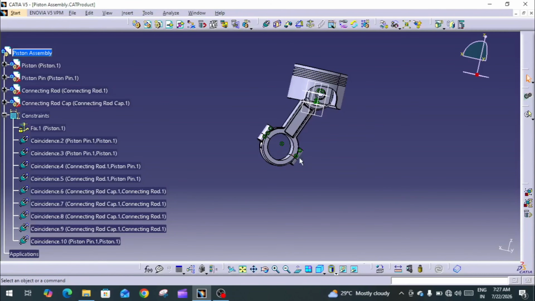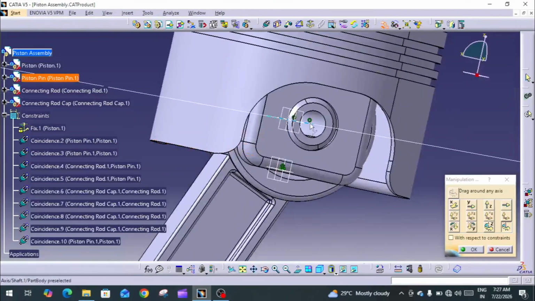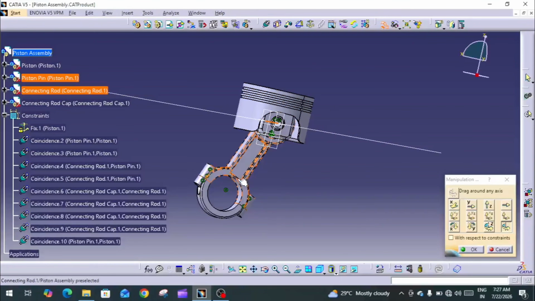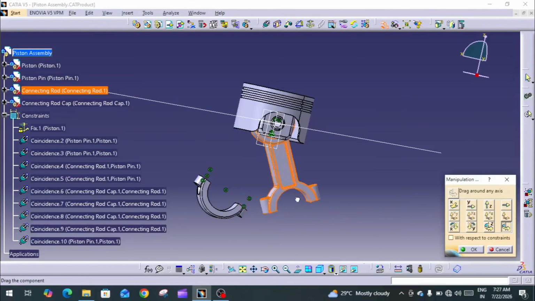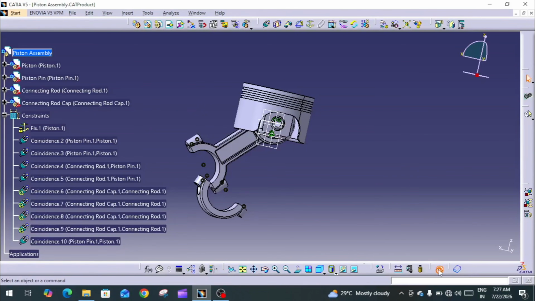If I do now using the snapping tool, click on this one and click on the center line of the pin, then as you know, piston can rotate like this. So I am not making this one as fully constant, so that when we assemble this one, now you can update it, then you can see this is going to be here. When I make the final assembly, then I need this rotation, so that's why I am not making this one